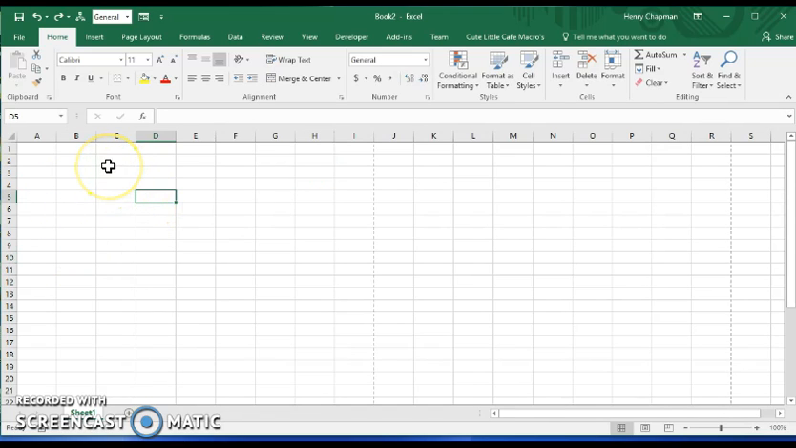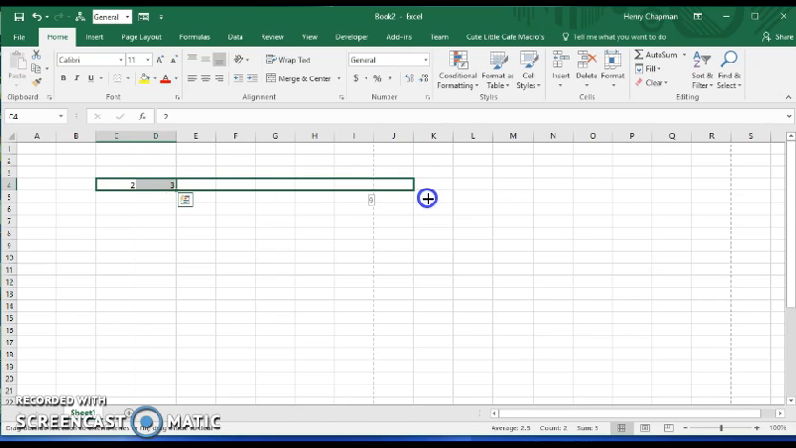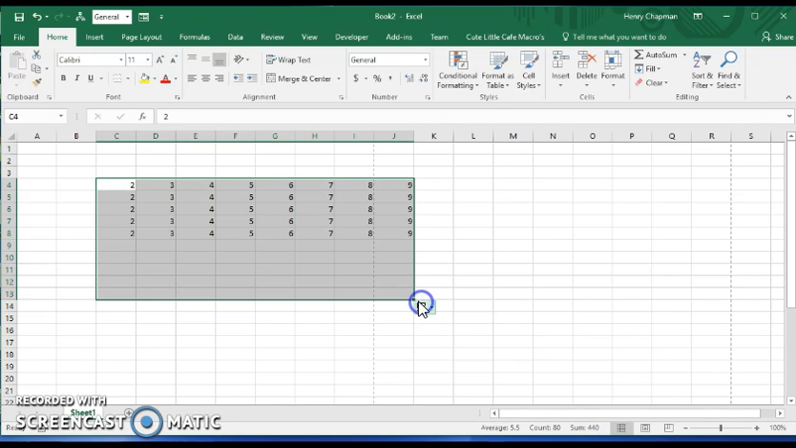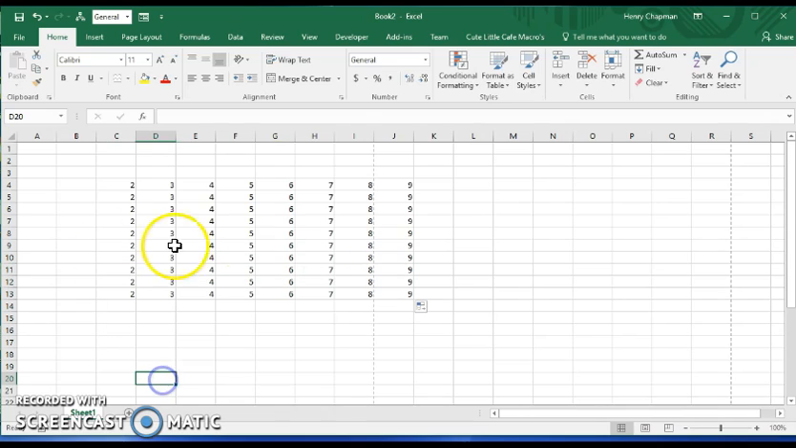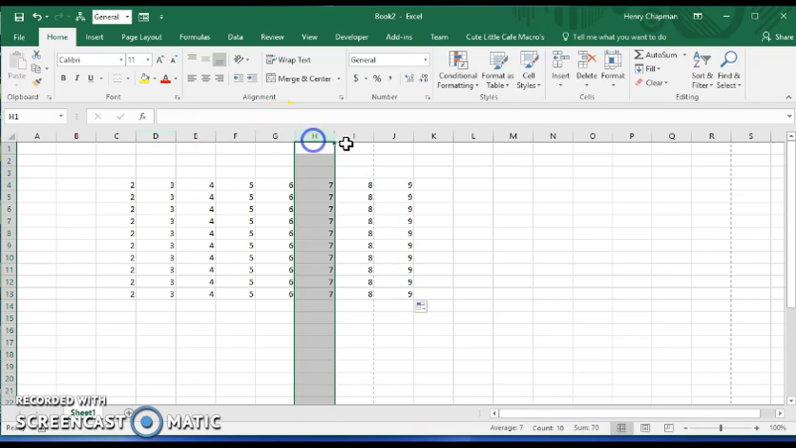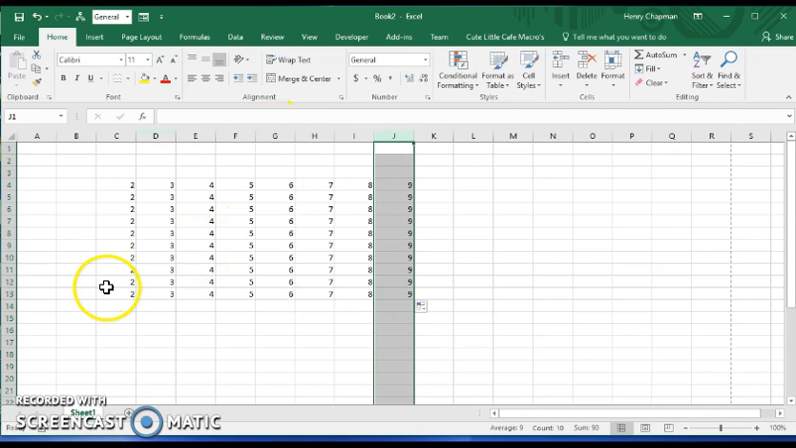Okay, now I'll put some numbers in here so we can show you a few things. We'll just do this, do that, and we've got a box of numbers, nothing important. As you can see, the columns are all along there. Now we can remove